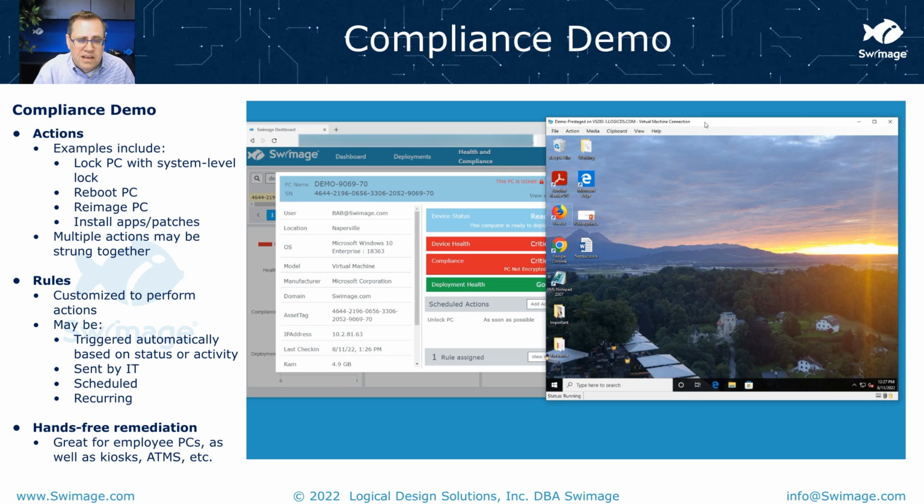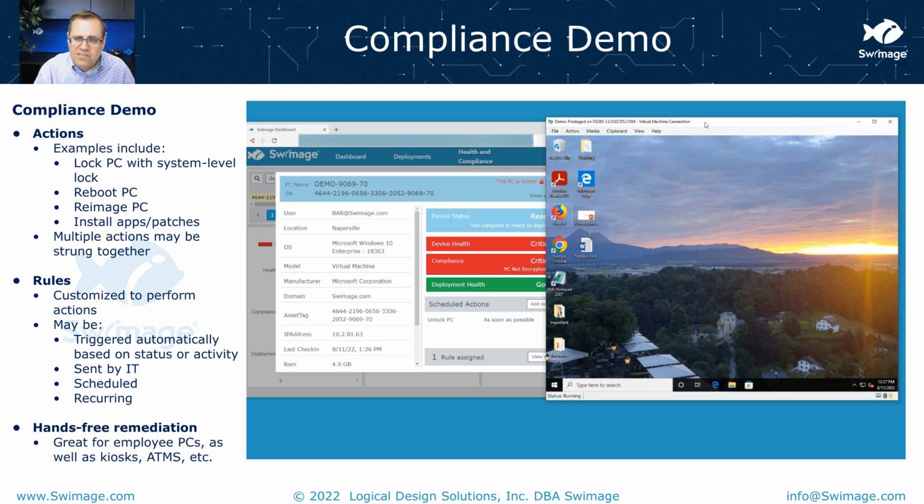You can actually send those commands out if you see machines become out of compliance. Let's say you feel like it's gotten hacked, it's got profiles that don't belong, or you can check for certain activity on a machine that says, I don't like what's going on in this machine. Immediately Swimage will lock it. Immediately Swimage will rebuild the system from all known good source and get that system back operational without ever sending